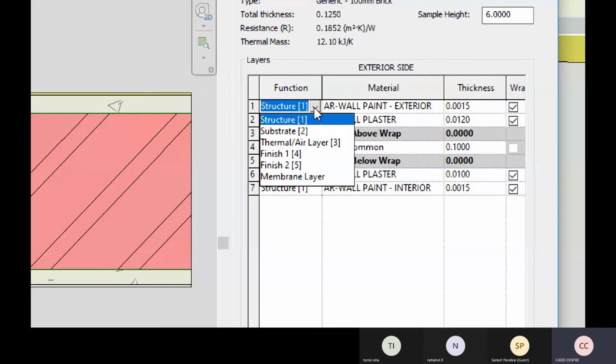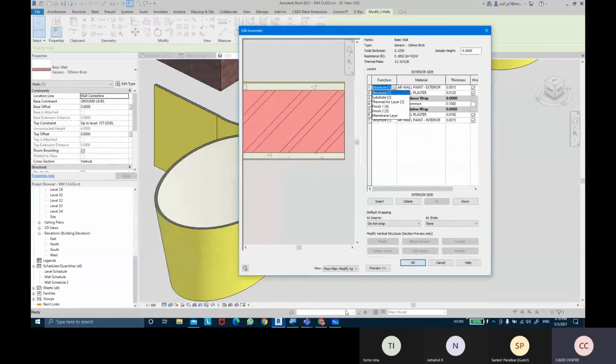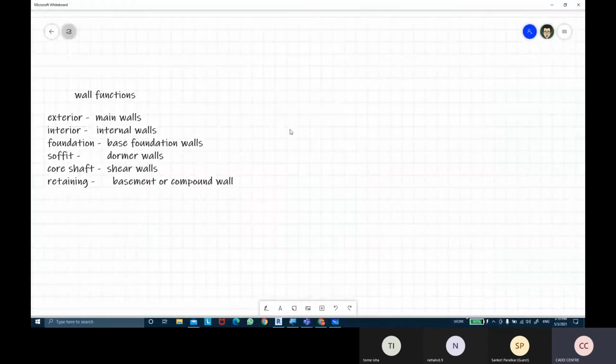Okay, so we have all different functions of layers. 6 different functions are there. You can write it down. Okay, and I'll explain to you what these functions are and when we need to apply these functions. So let me give you on the board.